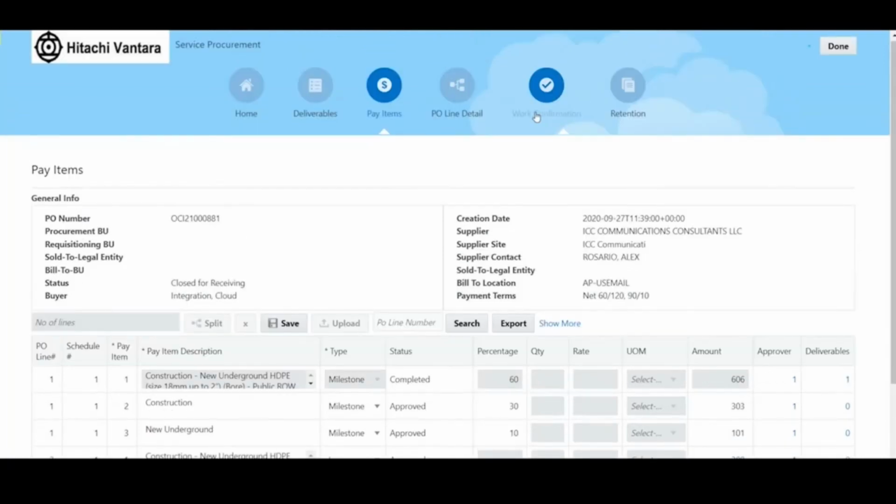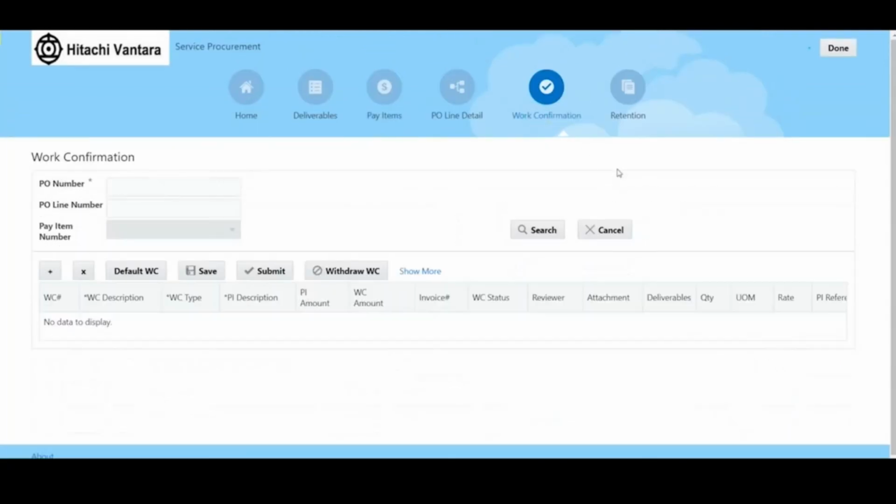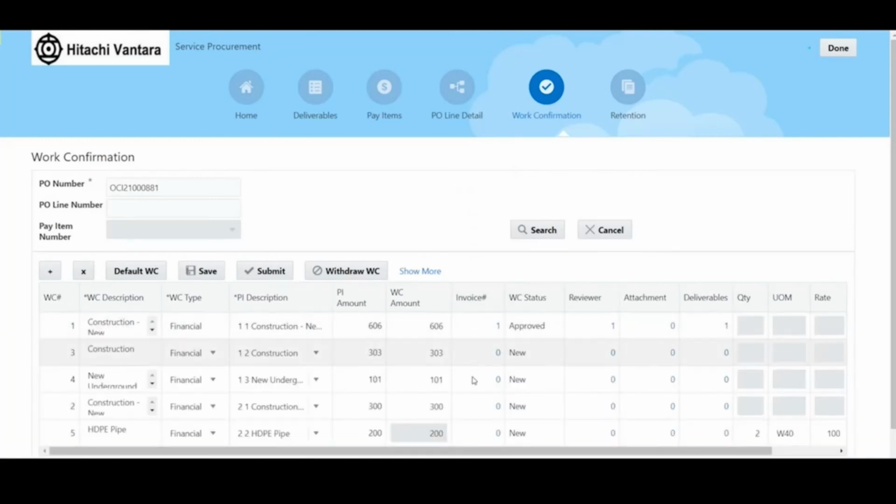Now let's talk about work confirmations. The same way that we use a material receipt to recognize delivery on a material line, we use work confirmations to recognize progress towards a pay item. A work confirmation can be entered directly by the supplier through the supplier portal, or can be entered internally on the supplier's behalf. A work confirmation may reflect one or more deliverables completed and/or progress towards the amount of a